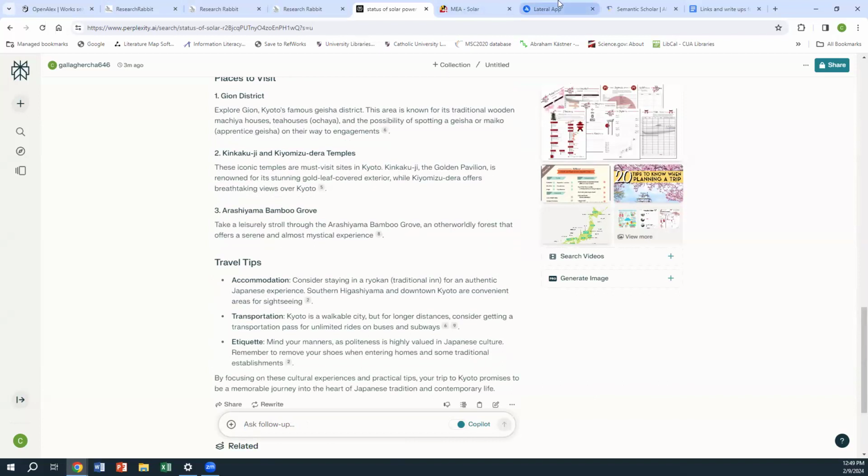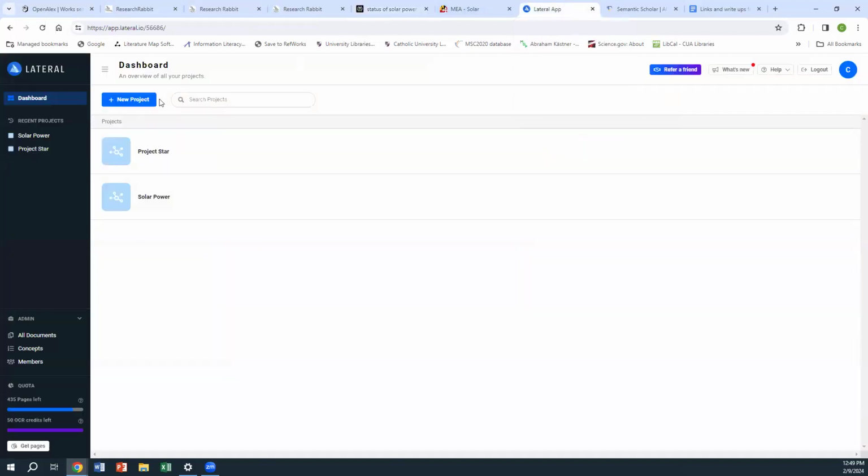Okay, we're going to go ahead and go to Lateral now. So Lateral is a bit different than the other services that we've talked about today. Where a lot of them are about discovery, Lateral is more about resource management. It's a database which allows users to build collections based on their research needs. You can locate and upload relevant documents to your research, add concepts, and search those concepts amid the articles listed